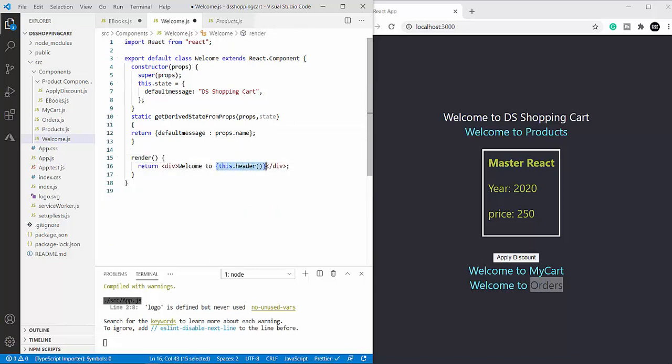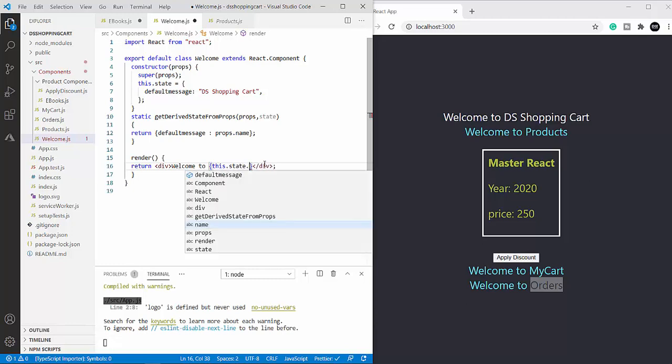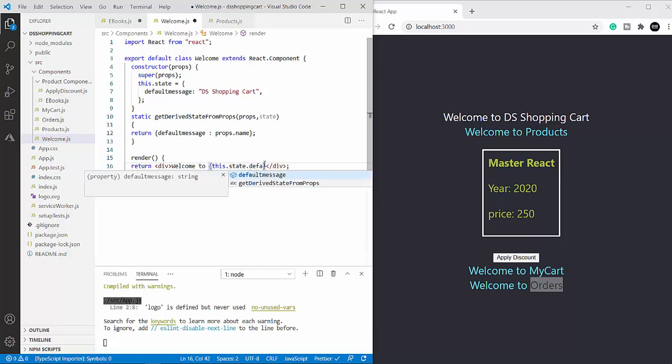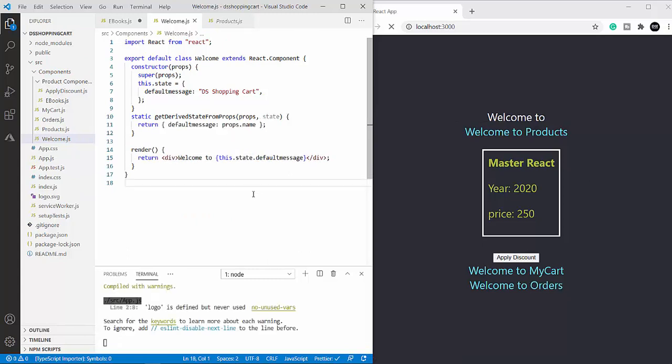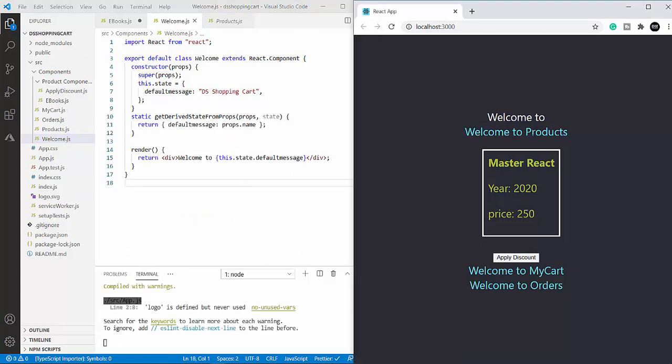And here, instead of calling a function, I can simply call the state variable, this.state.defaultMessage. On saving it, I get the same results, except this one has vanished, but the others are the same results I'm getting.